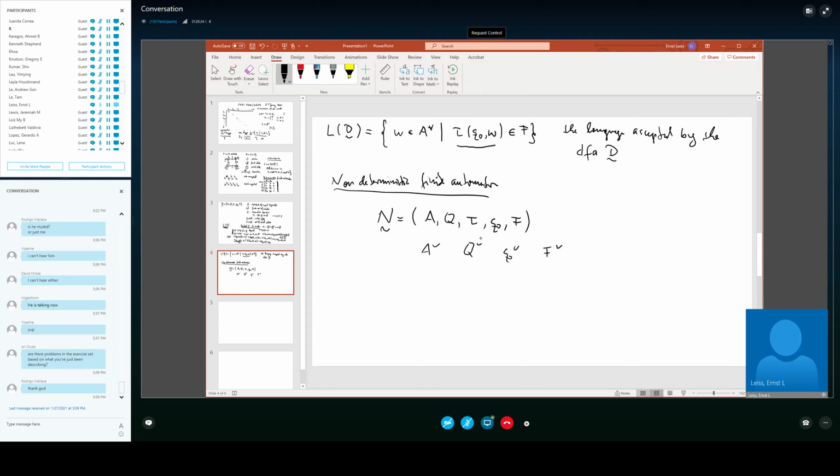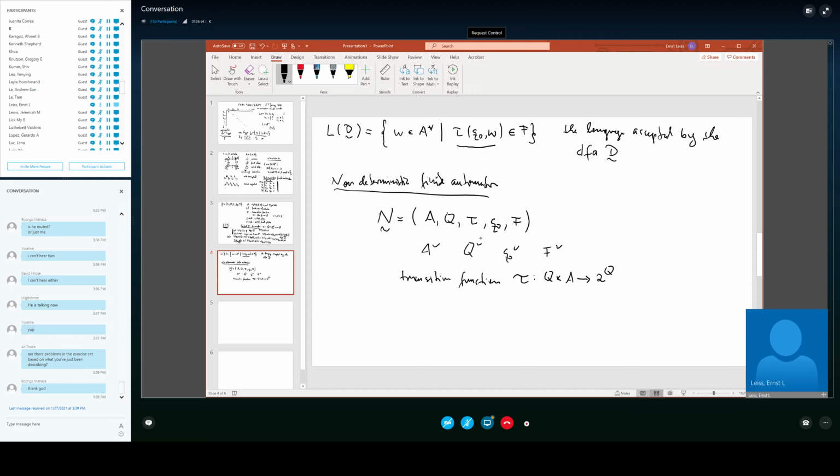The only difference is the transition function. For the transition function, we are going to have a mapping tau that takes a state and a letter,